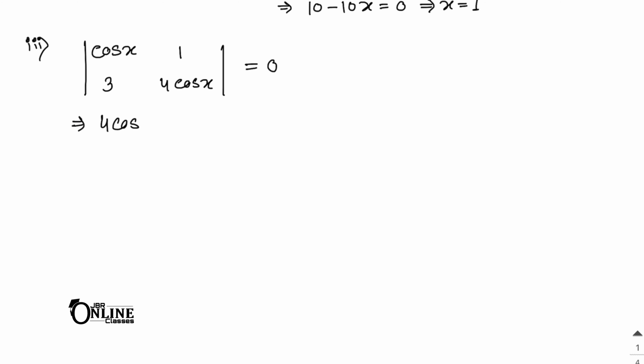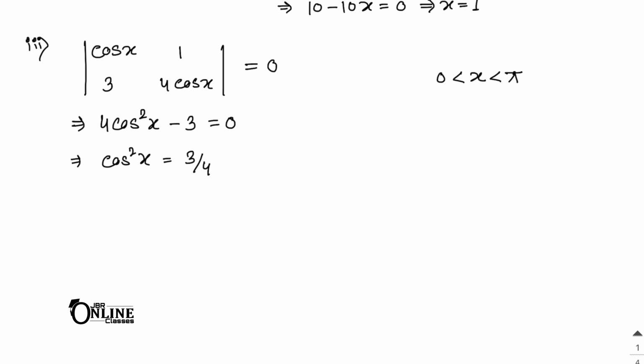Now next one, number 3, that means 1 3. So in 1 3, the matrix cos x, 1, 3, 4 cos x is singular, then you have to find out the value of x. So here again you have to find out the det of that one equal to 0. So from that one 4 into cos square x minus 3 equal to 0. And here also the condition is 0 less than x less than pi. Okay, so cos square x will be 3 by 4.